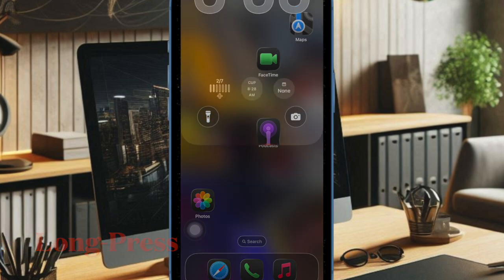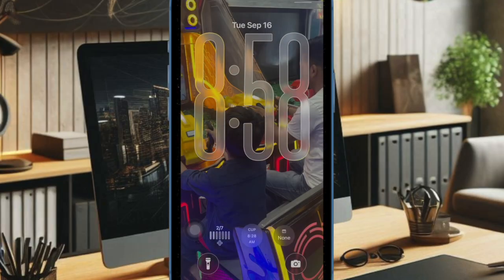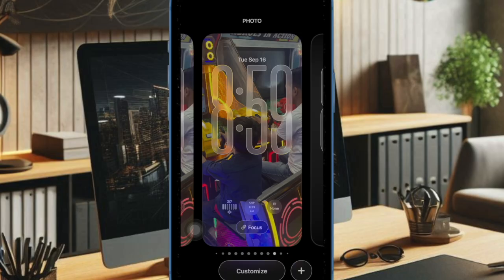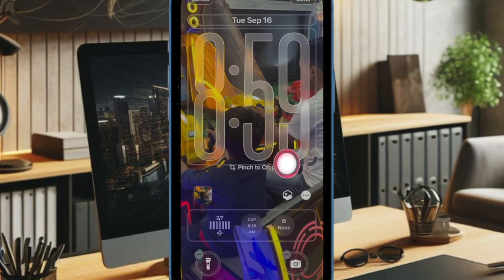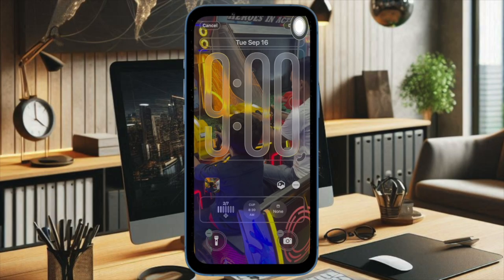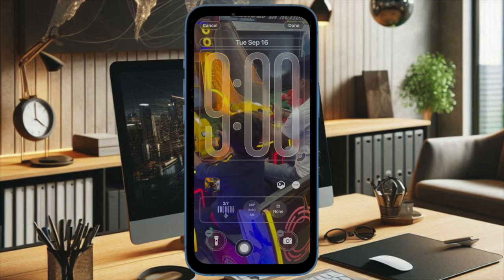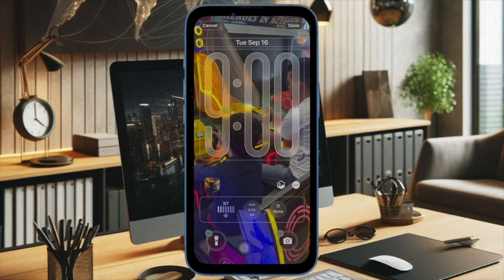So first, you have to long press anywhere on the lock screen. After that, you have to choose the wallpaper that supports the spatial scene feature, and then you have to hit the customize button to proceed. You will now see a toggle on the customization screen that lets you quickly enable or disable the spatial scene effect. In the end, make sure to tap on the Done button located at the top right to finish, and that's about it. As you move your iPhone, the wallpaper shifts naturally, thereby adding depth and movement for a more